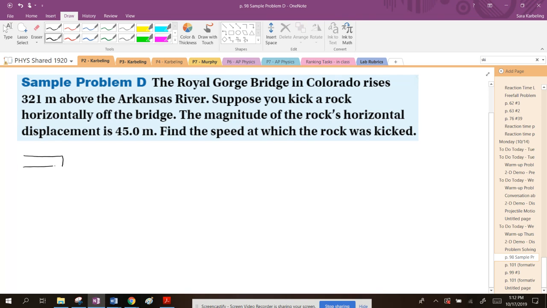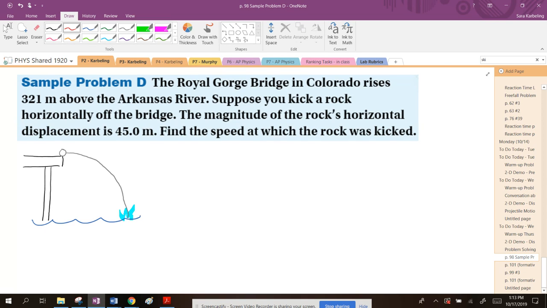So there's going to be my bridge. It looks kind of like a table. And put some water down there. And then I'm going to draw a rock. Obviously none of this is drawn to scale, but you get the idea. The projectile is going to come off like this, and it's going to splash into the water. There, okay? I'm going to just draw my picture because we didn't have one before, and include some givens